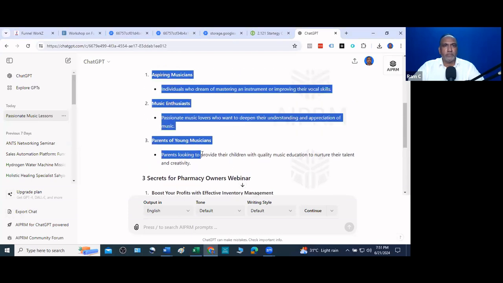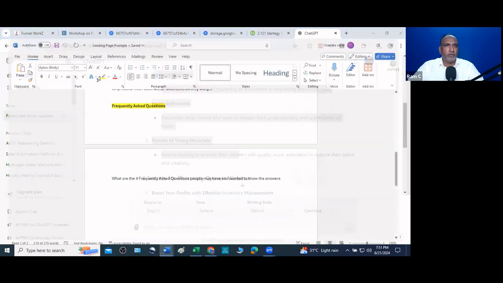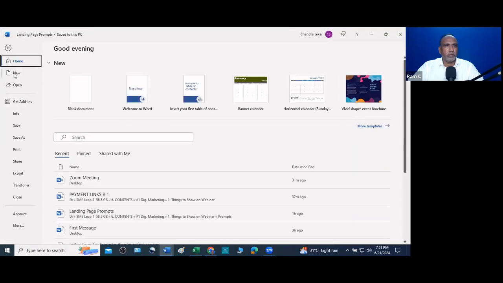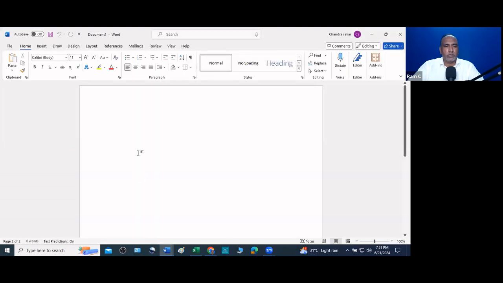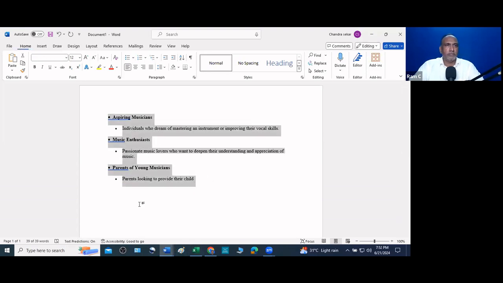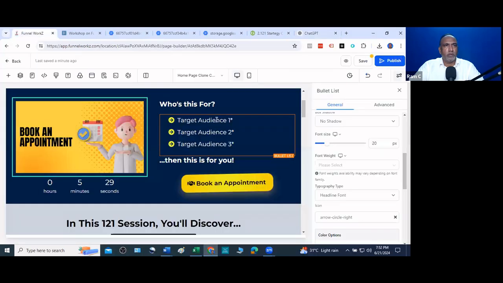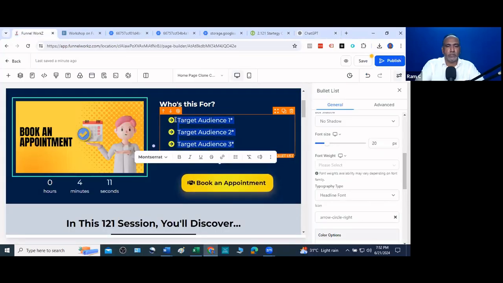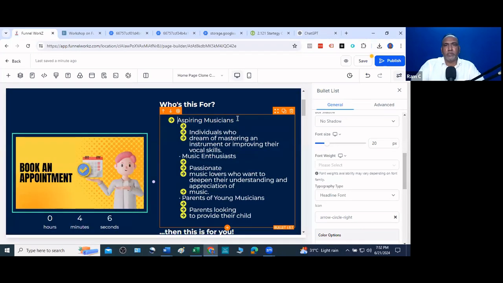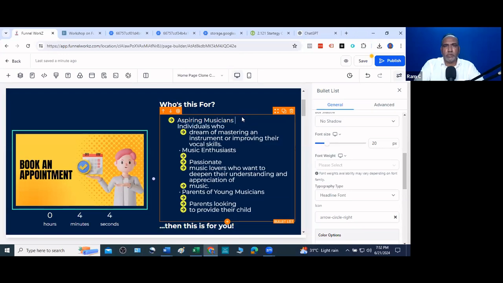Okay, we can copy this. And you can put it in the Word file. Okay. Right. The same can be copied back to your funnel directly. So you can mention this. Right. So let's put this together. Aspiring musicians who dream of